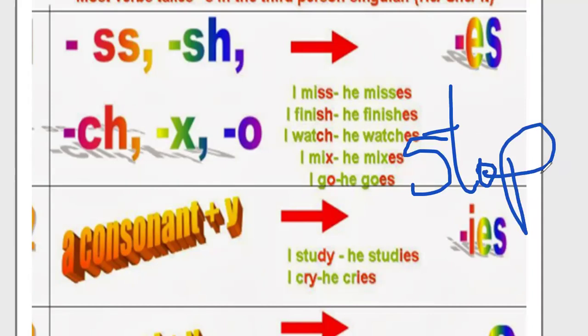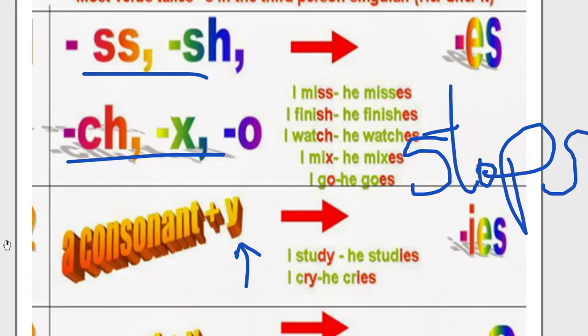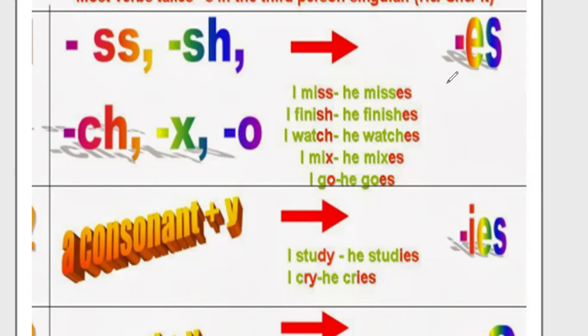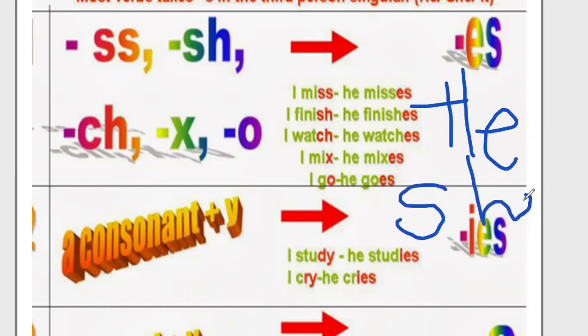Is here? No. It's not this N and not this situation. So I'm just going to add S. Okay? Well, that's in detail the changes that we need to make when we're talking about he, she, it, or something equivalent. Remember that we learned in the previous